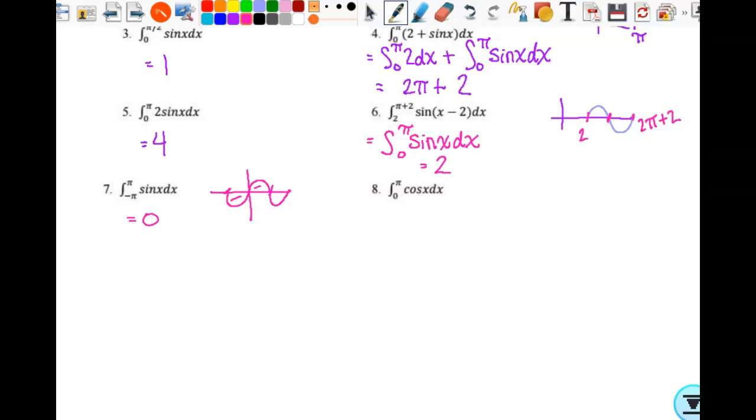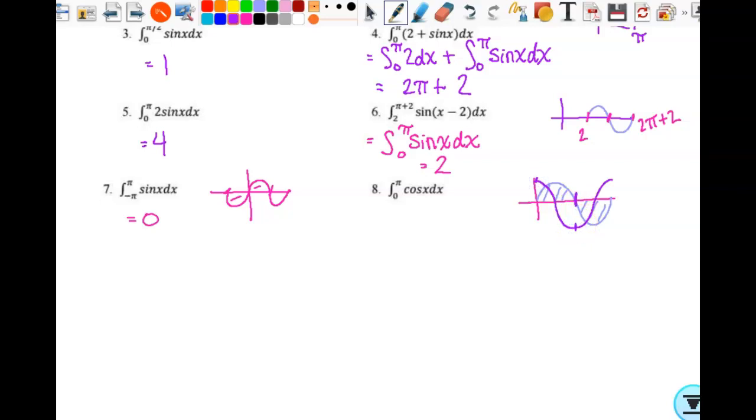0 to pi for cosine. Just think about what we know here. Here's sine, right? What our sine curve looks like. We're looking at areas. Cosine, are they pretty much the same curve? One is just translated, right? So cosine starts here. We'll come down here like this. Something like that's kind of where it overlaps there. So if I'm going from 0 to pi, right here,